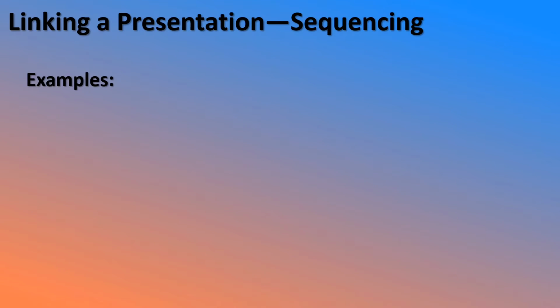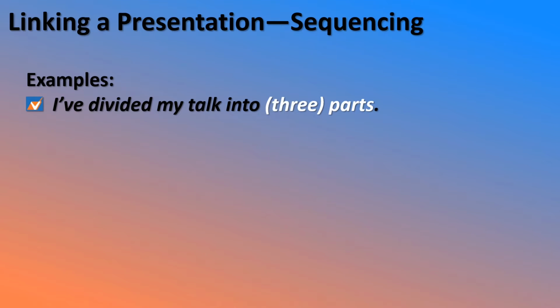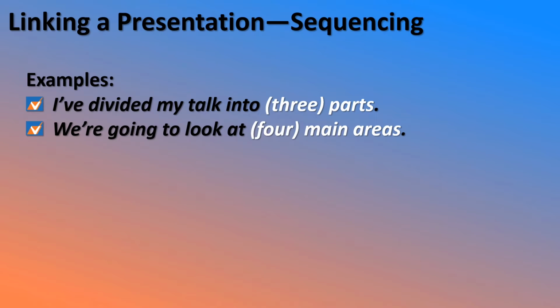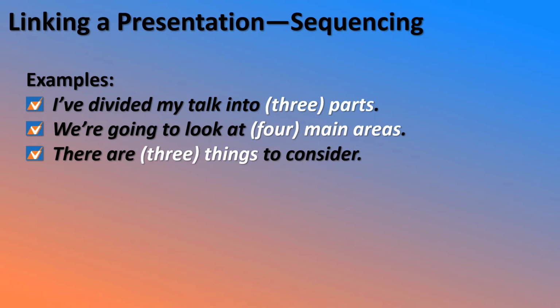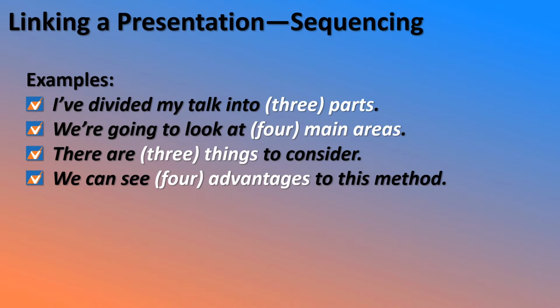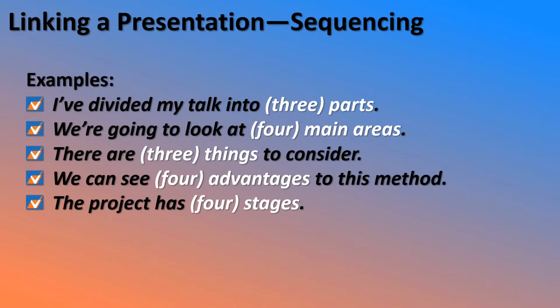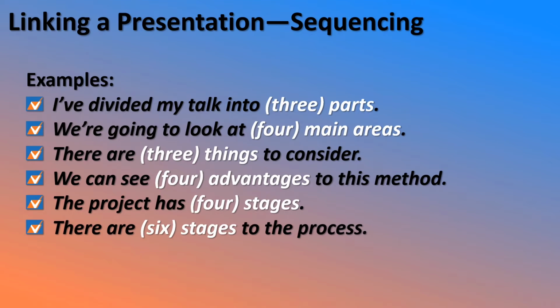Here are some examples. I've divided my talk into 3 parts. We're going to look at 4 main areas. There are 3 things to consider. We can see 4 advantages to this method. The project has 4 stages. There are 6 stages to the process. There are 3 kinds of